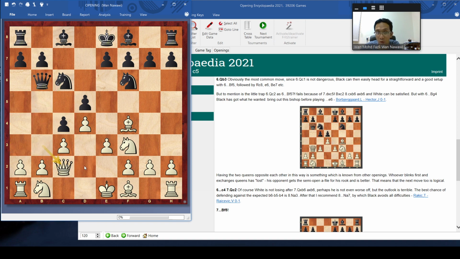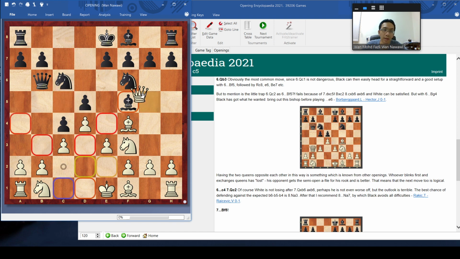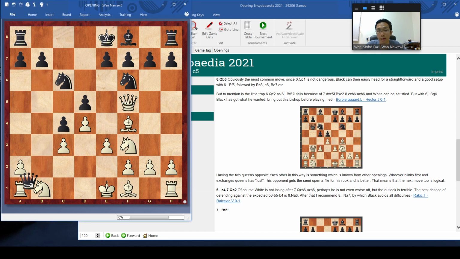If white goes back, now this works lah. This is not a sacrifice, this is a decoy, we call it a decoy working, because now there is no intermediate move. So if you take this, then you can win the rook lah. So that's the difference, even a subtle difference like just moving the pawn here makes a big difference lah. So if white goes back it just wastes time lah. So most of the time white will capture on b6 and black will take on b6.